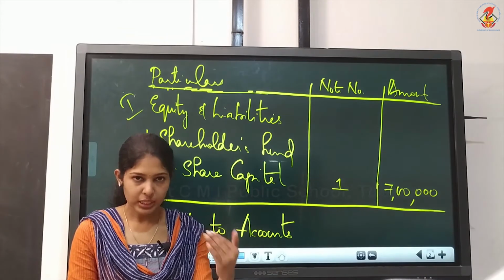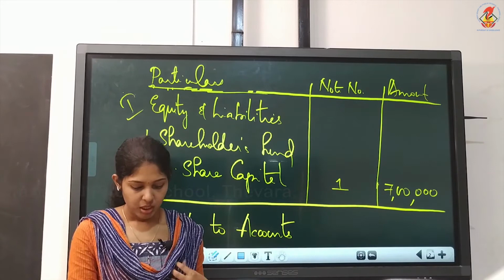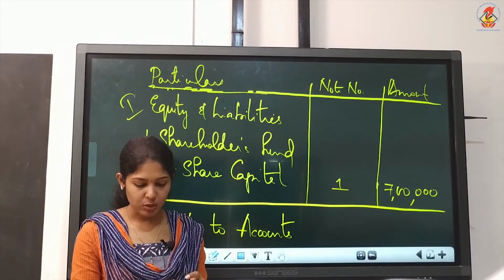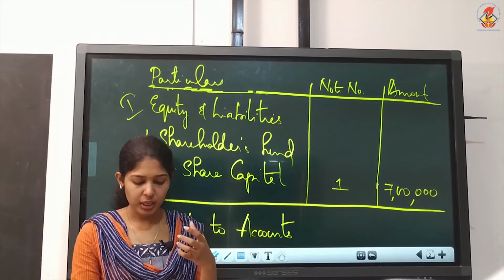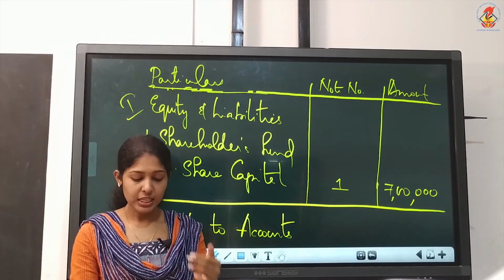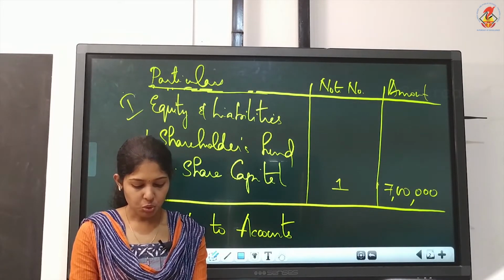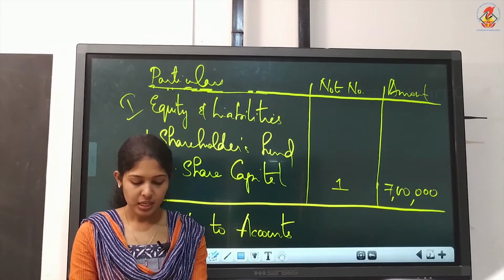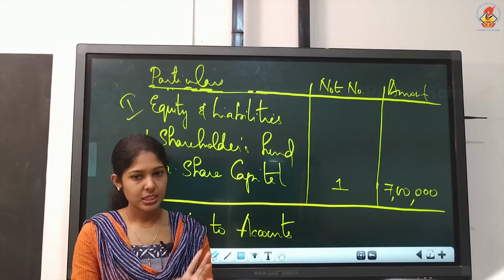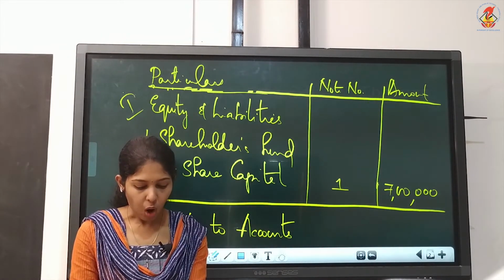The next question we will do, illustration 2. Go through the question. There also authorized capital is given. Then the company issued 1,80,000 shares. Then the split up is given. 50 is the face value and the division is application 15, allotment 20 and the balance with the call money. Then the issue was fully subscribed, meaning we issued 1,80,000 and the public subscribed 1,80,000. Understood? And the company allotted shares to all the applicants.